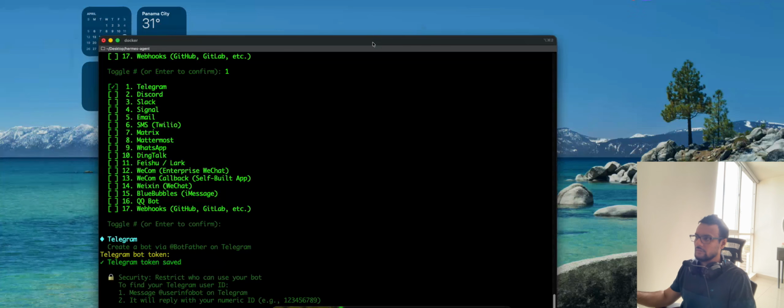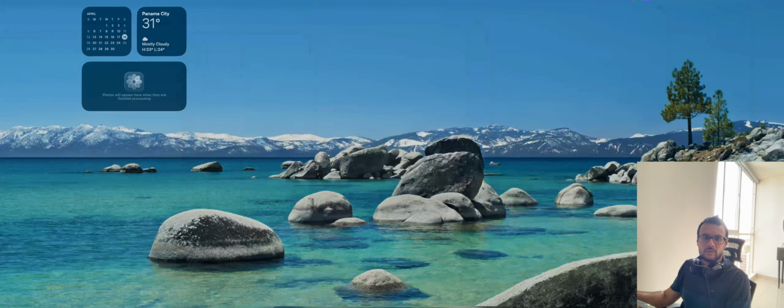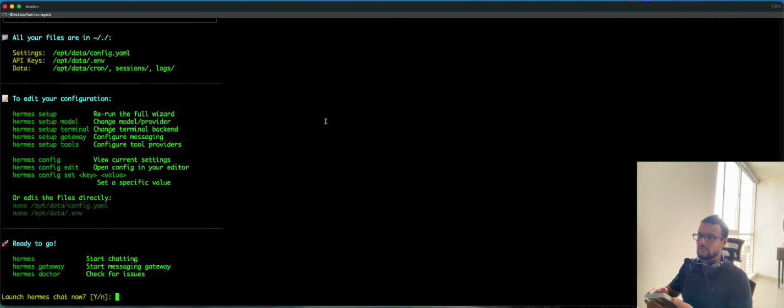Okay, now once I have done that, I'm going to allow user IDs. So here I'm gonna put my user ID so that only I can access my bot. So let me do that. Let me first find out which is my user ID and then put it here. Okay, so I'm also gonna do that in a separate screen. Okay, so now after I have configured that,